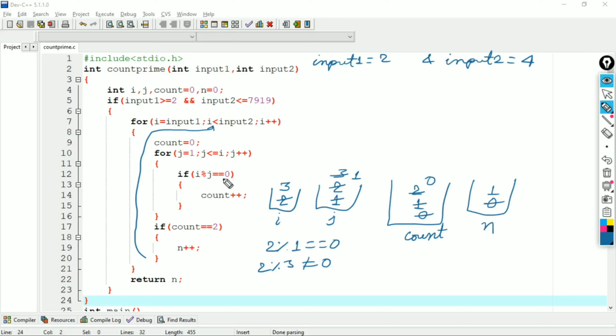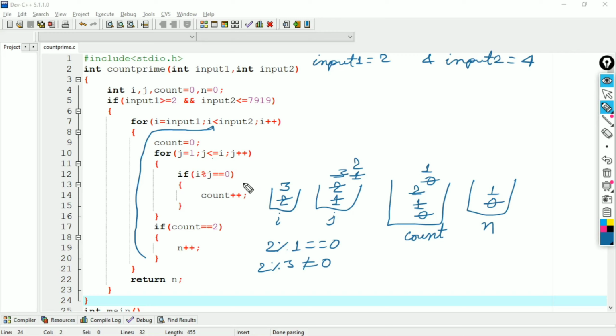Now again we will check the condition: j is less than or equal to i. Here j is 1 and 1 is less than or equal to 3. Condition is true. j plus plus. Now j becomes 2. Now we will check the condition: 3 modulus 2. Condition is false because 3 modulus 2 equals 1.